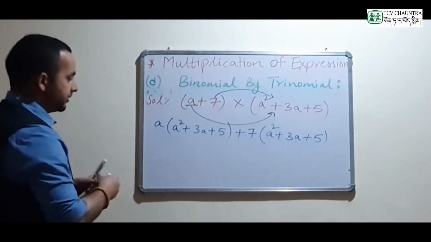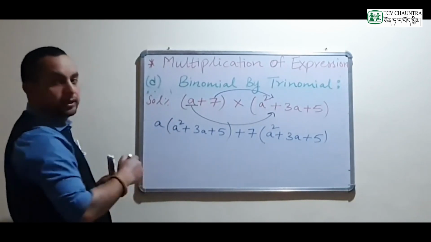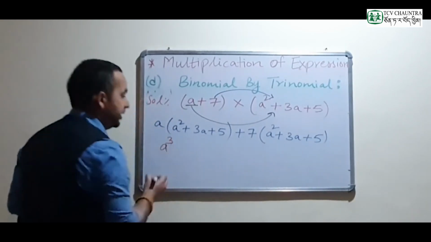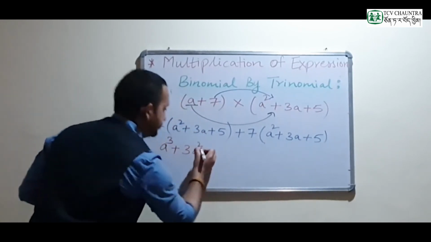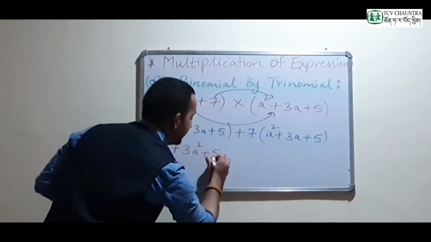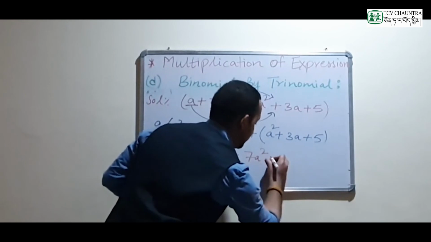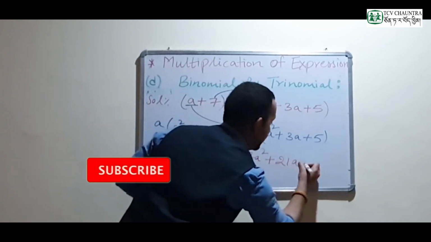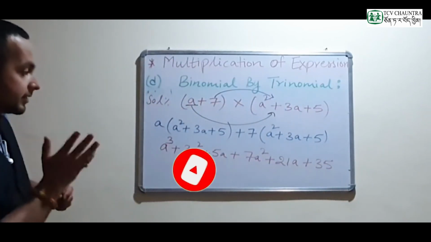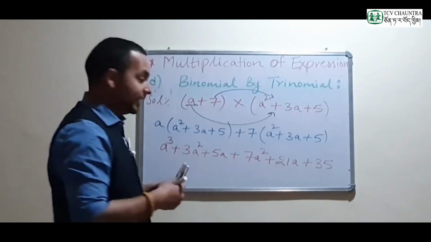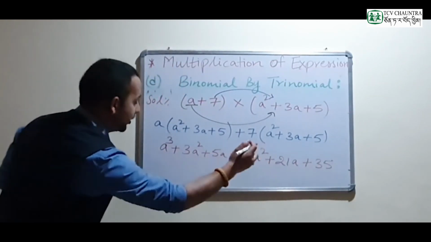Now we are going to solve this. So a multiplied by a square, this power is 1. So in case of multiplication, bases being the same, powers are added. So a raised to the power 3 plus 3a raised to the power 2, 5 multiplied by a is 5a, plus 7a square plus 7 threes are 21a plus 7 fives are 35. Now again we are going to check whether there is a like term or not. If there is a like term, then we are going to collect them and add them together. So here a cube term, and a square terms. So a cube